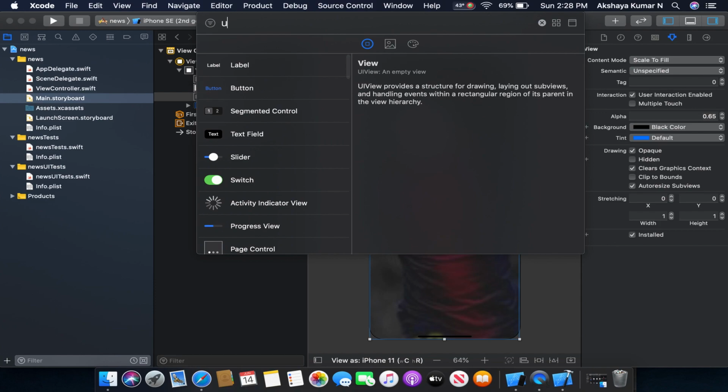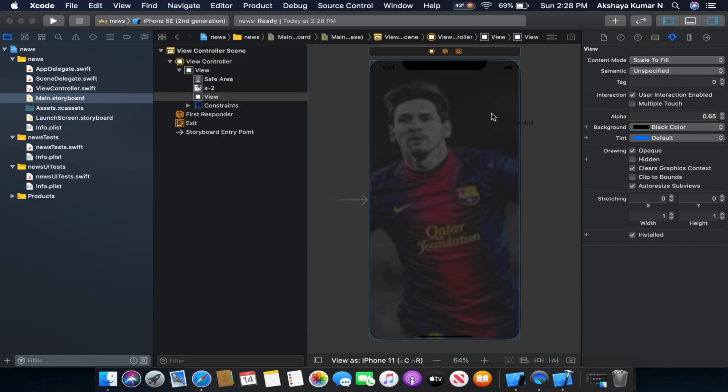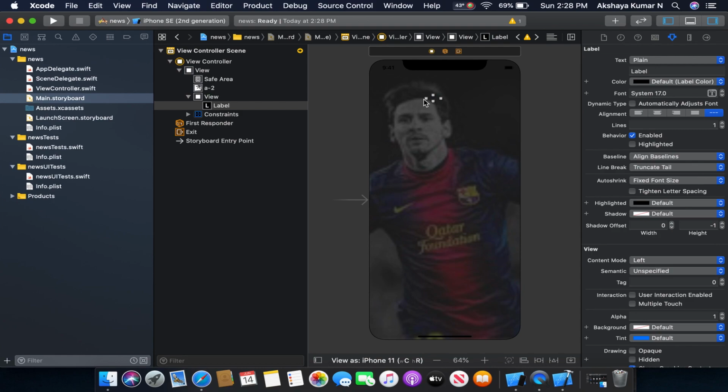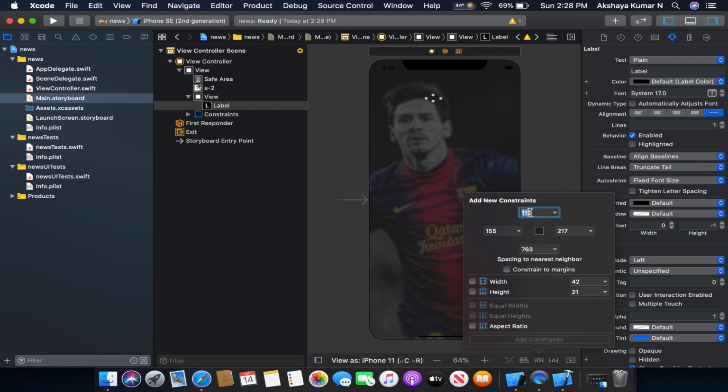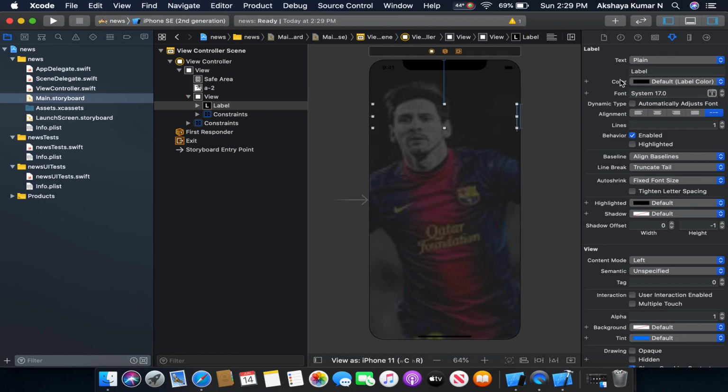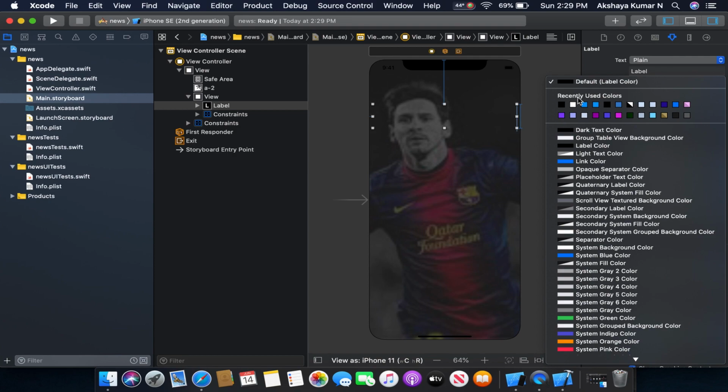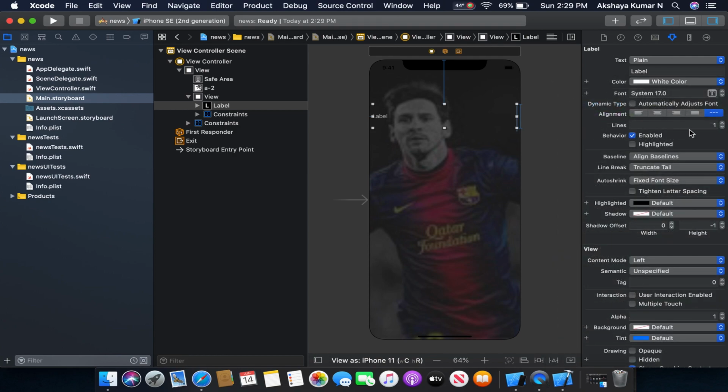Now let's drag a UI label into the project, and this label is for displaying our app name. Okay, let's give some constraints to this label. Let's say from top it will be 141 and both sides 8, and we will give a height of 78. Okay, now I'm going to change the label font color as white. Now I'm going to center this text. Okay, now let's say name as news